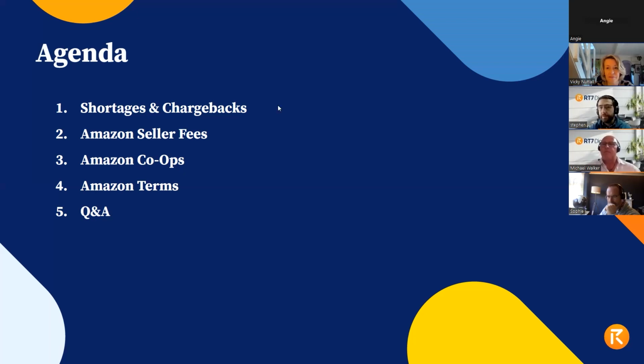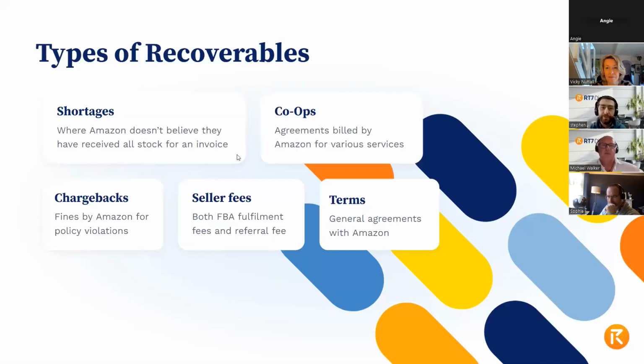Thanks, Mike. Okay, so jumping straight into what are recoveries and how different parts of recoveries are defined. So this is looking at both Amazon vendor and Amazon seller. So I'll split out which ones apply to which, as I go through them and what they mean. So shortages are honestly better labeled as stock discrepancies. This is something that happens predominantly on vendor. It does happen on seller as well, but they're handled very differently.